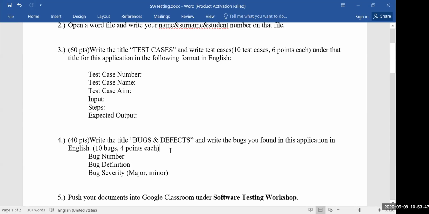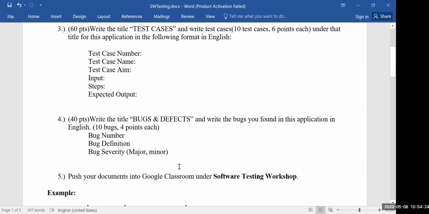And you are expected to create these subtitles for each of the 10 bugs, okay? Bug number, bug definition, and bug severity, okay? There are two bug severities, major severity and minor severity. And according to the importance of the bug you found, please write major or minor. Okay, and after completing your study, your documentation, push your documents into Google Classroom under software testing workshop,